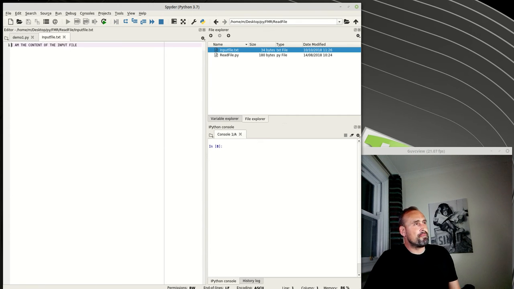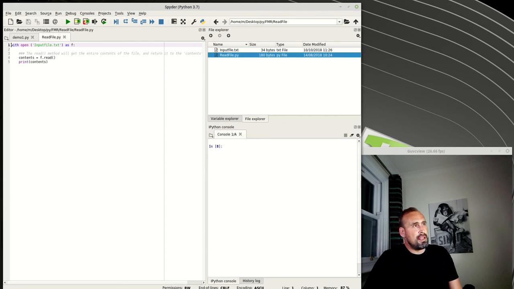So here we've got a simple text file. I am the content of the input file. And here is a piece of Python code which is going to read that text file. Nothing particularly groundbreaking. You might even ask why you would bother writing this code to read a file in the first place. There are applications, but basically what we're doing here is specifying a file,